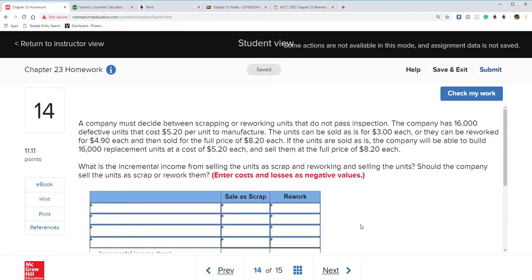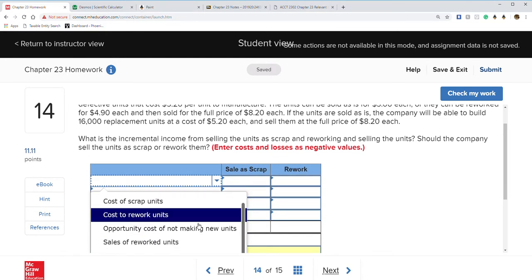So next, question 14. This is a scrap or rework. Alright. So the company must decide. The company has 16,000 defective units that cost $5.20 per unit to manufacture. The units can be sold as is for $3 each, or they can be reworked for $4.90 each, and then sold for a full price of $8.20. If the units are sold as is, the company will be able to build 16,000 replacement units at a cost of $5.20 each and sell them for the full price of $8.20. Alright,